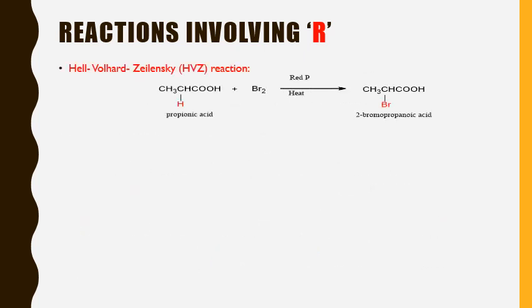So as I said, instead of chlorine you can have bromine also, where bromination will occur at the alpha hydrogen. You just need to change the halogen. Instead of chlorine you take bromine, but the reagent, red phosphorus, will be as such. The moment I say red phosphorus, you should remember hydrogen iodide too, where carboxylic compounds upon reduction with hydrogen iodide in the presence of red phosphorus give you alkanes.